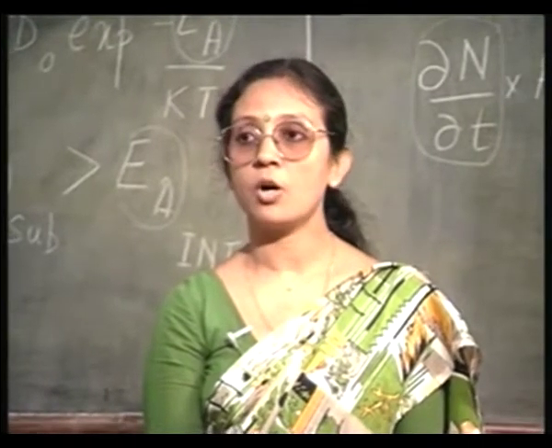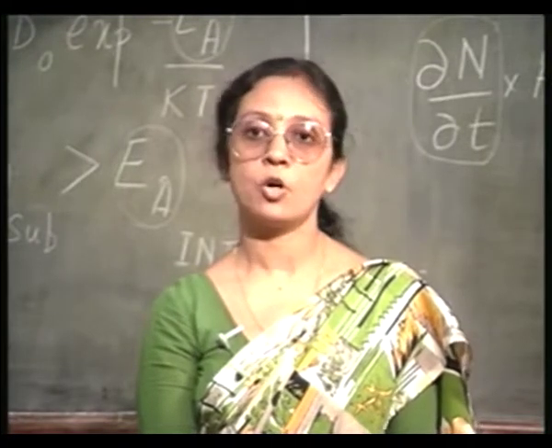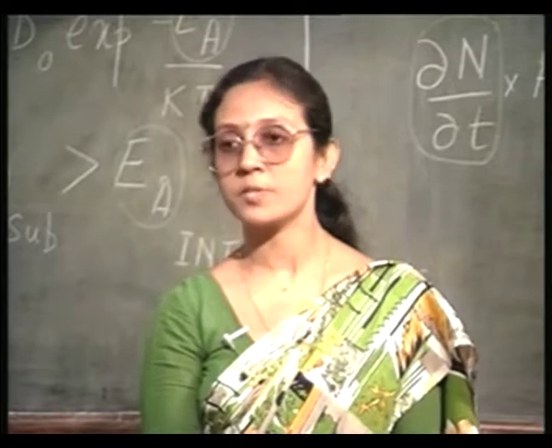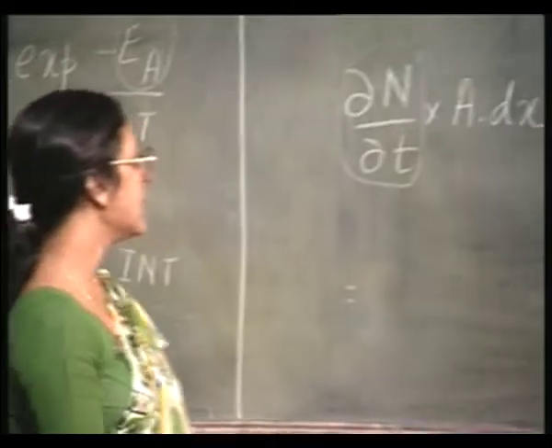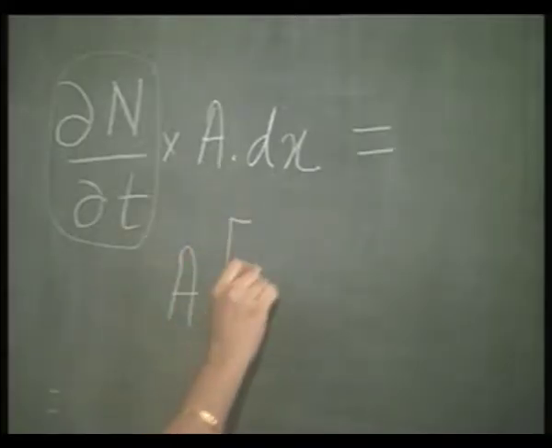The difference of these two fluxes multiplied by the area is also going to be the rate of accumulation of the dopant atoms in between P1 and P2. So, I can say that this is actually equal to A into